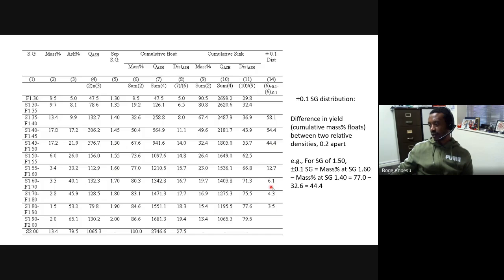Let's do another one here. For example, at 1.7, 1.7 plus or minus 0.1 is 1.6 and 1.8. Now the cumulative floats corresponding to those is 83.1 and 77. So if I take the difference between these two, which is 83.1 minus 77, I should get 6.1. Okay, and do the same. So complete this one based on those calculations, and you should be able to get the plus or minus 0.1